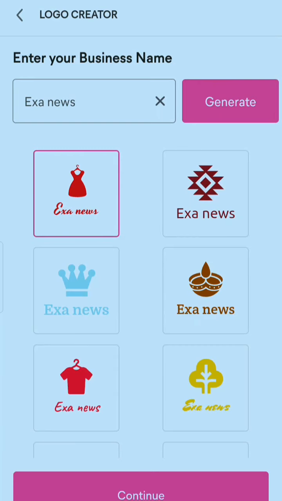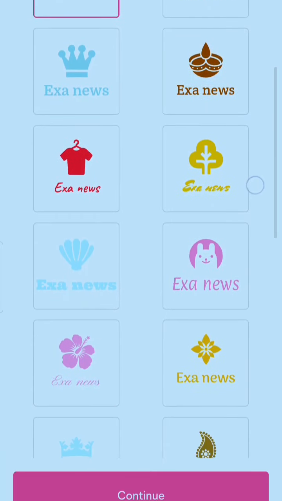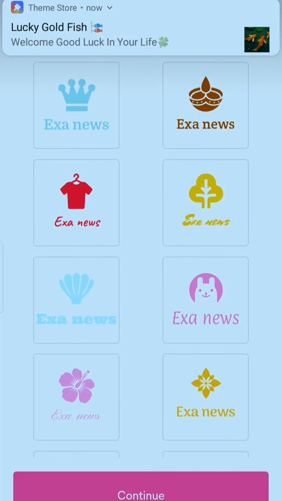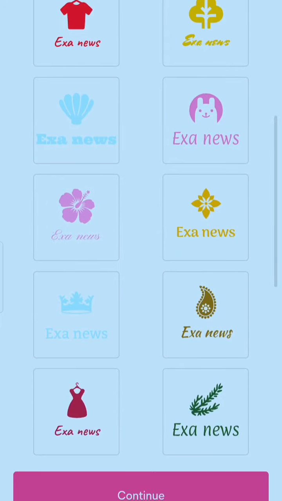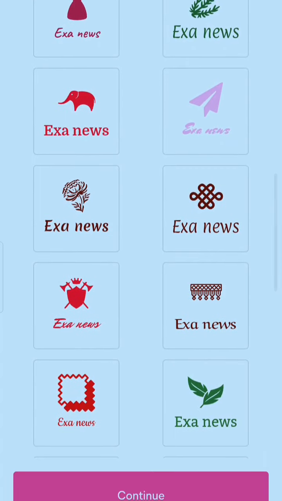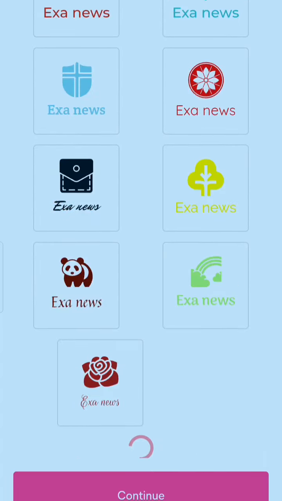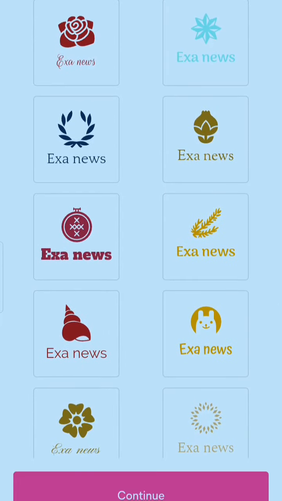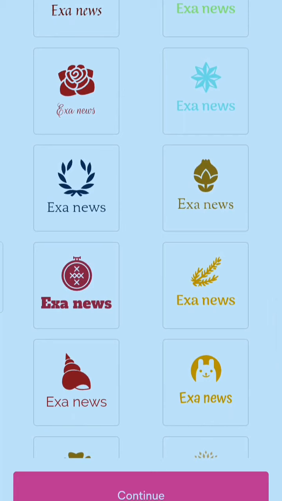So guys, in this way you can type your business name, click the generate button, and choose the logo that you find appropriate. There are different logos here to choose between. Very pretty logos and unlimited logos. This is a logo generator, so you can find unlimited. This thing belongs to news, so I am clicking here. Action is this one. I think this is good. Clicking on continue.